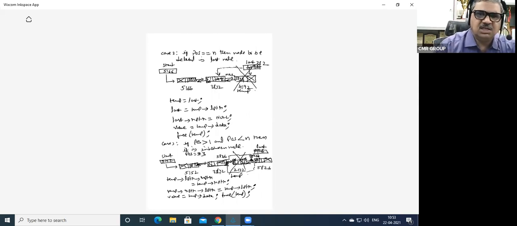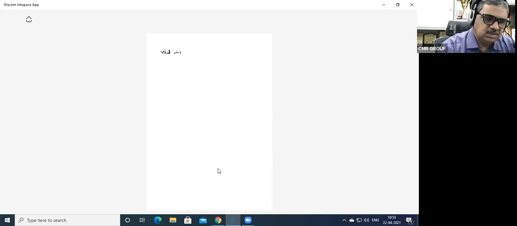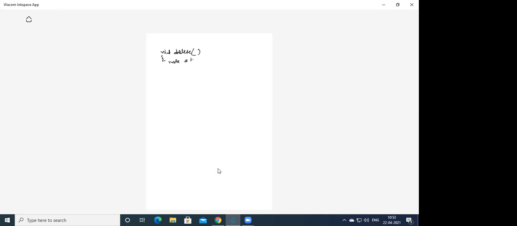That is the function for the insert. Let us write the function. Void, sorry, delete. What are the things which are required? Node star temp.